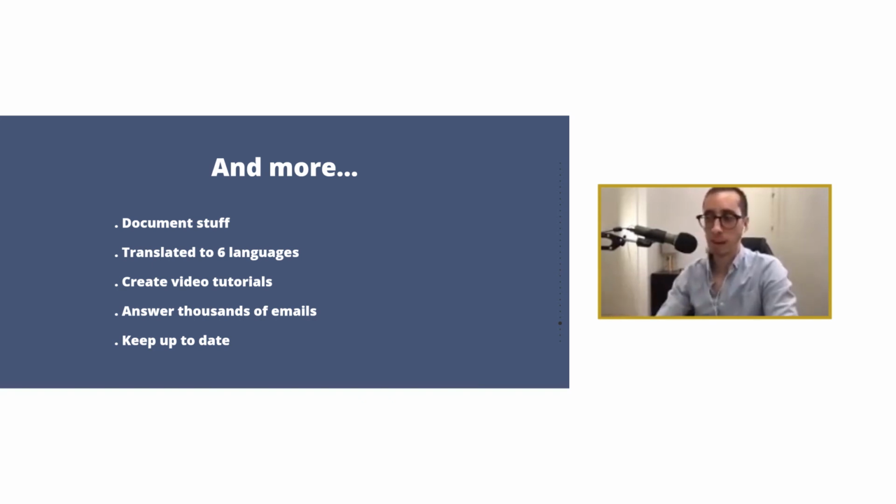And well, I created the documentation with this in mind. I also had to answer thousands of emails, a few tweets here and there, and then keep up to date with things. So for example, you are probably aware that nowadays there's a CSS feature called CSS Snap, and quite a few things. Like sometimes the browsers just update something. Chrome updates itself, and then it makes the website crash, or it makes the website throw an error, or things like that. So you always have to keep up to date in order to fix these kinds of issues, or